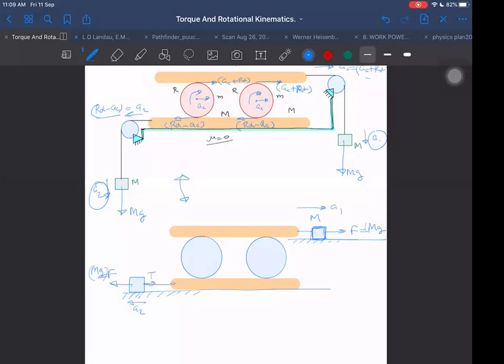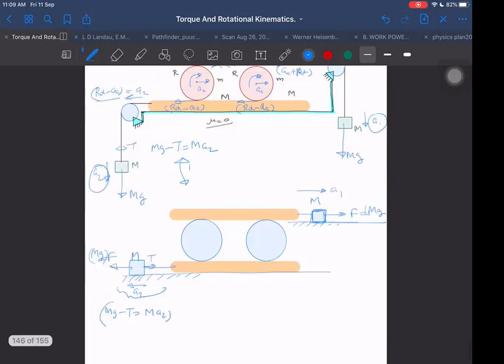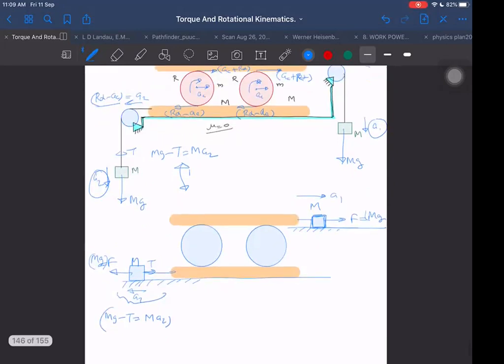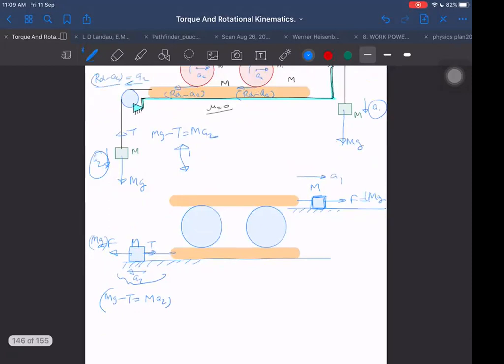For example, here I want to write the equation. What equation will it be for this? For this the equation will be mg minus T is equal to m into A2. And for this also, mg minus T is equal to m times A2. For this also the same equation. So no difference in equations, only differences in situation, right or not? Yes, sir. That will make our problem easier. If we do it that way, then it will be simplified a lot.